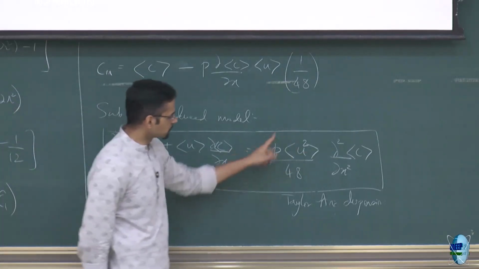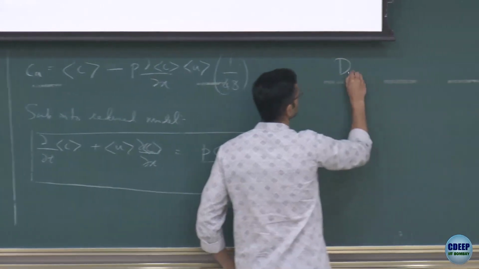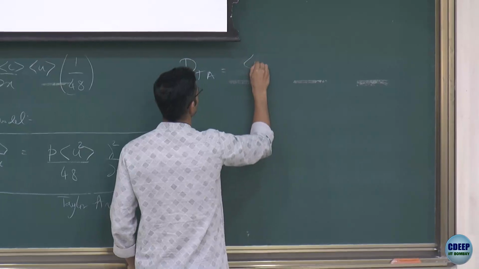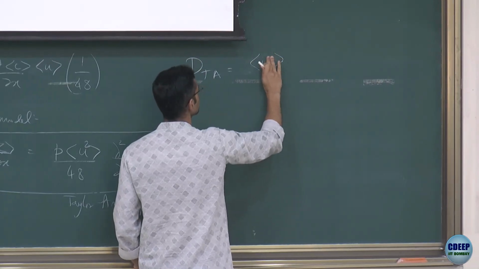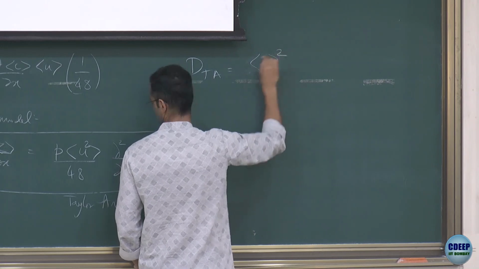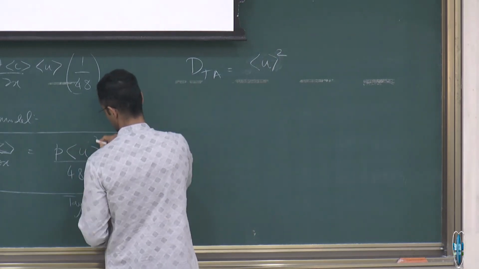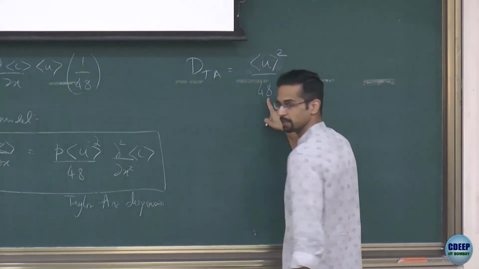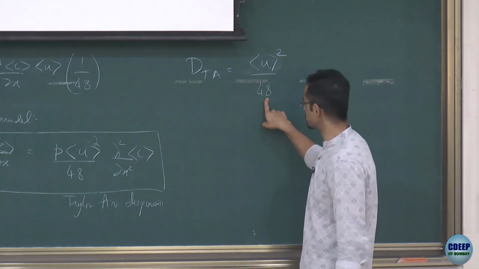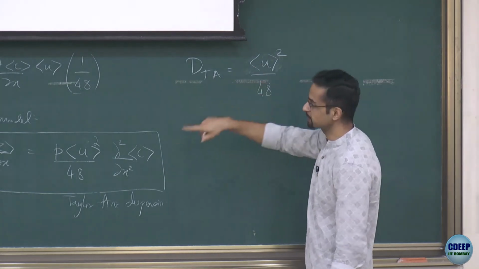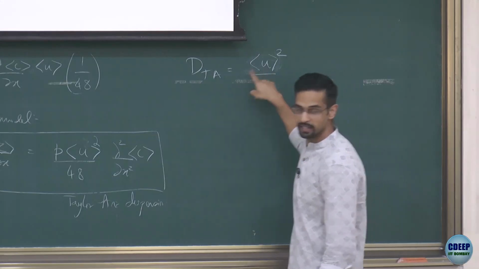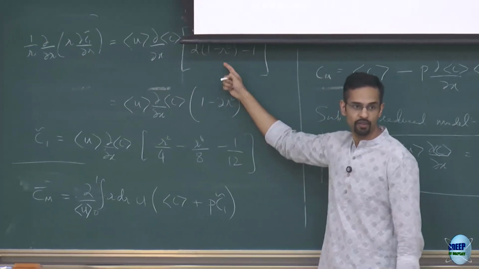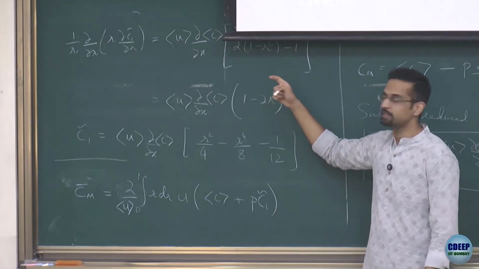Okay, and the Taylor-Aris dispersion coefficient is this. So you have a dependence on the average velocity squared. Should be careful, average velocity squared by 48. This 48 number is coming from the kind of velocity profile. It will change with different velocity profiles, but the U square will not change. As you can see in the calculation, this U square will always be there regardless of whatever function of R you put here. So if I replace this by a function of R, which is just U tilde, the U deviation,